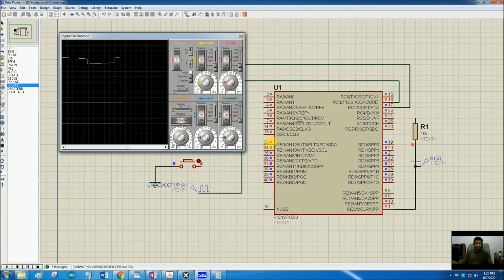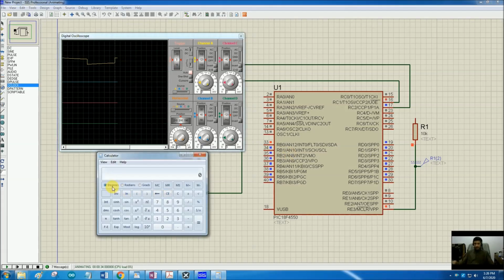Perfect. We are getting a count of 1 here. See? Plus those 11 cycles that were wasted. So one count plus 11 cycles, so 12 microseconds. And you will see that sometimes this will jump to 2, sometimes this will jump to 1. So let's see why. Keep looking at this waveform, keep looking at this value, pin number 33 and 34. Sometimes pin number 34 will become 1. And let me explain why this happens.